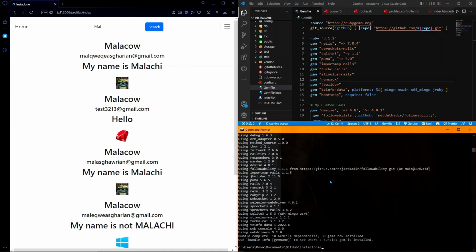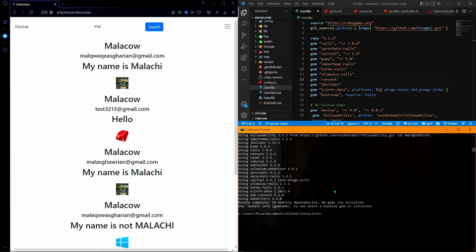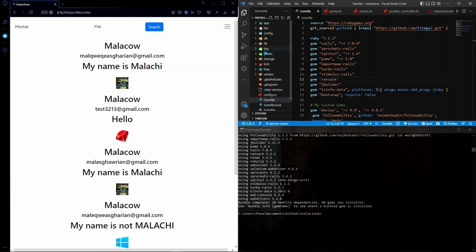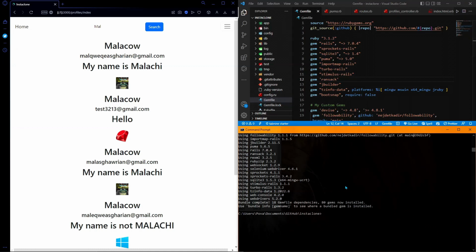There is extensive documentation on Ransack if you want to go look it up, and their documentation is pretty good and quite easy to follow, so that's pretty nice. So now we have Ransack installed. That's pretty good. We don't have to install any migrations or that. Ransack is already installed. The next thing that I have to do is run a command, and that command is